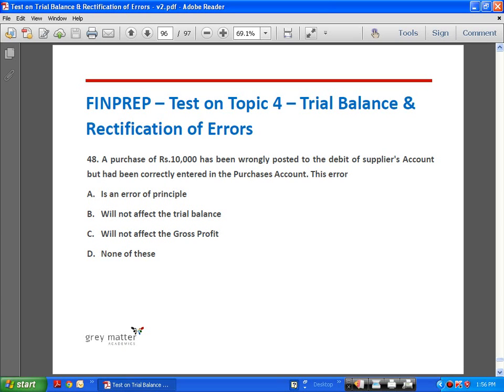Next, question number 48, the last question. A purchase of rupees 10,000 has been wrongly posted to the debit of supplier's account but had been correctly entered in the purchases account. Okay, so here there are two debits. Instead of crediting, the supplier has been debited. So there are two debits. Definitely it will affect the trial balance. It is an error of commission, and it will not affect the